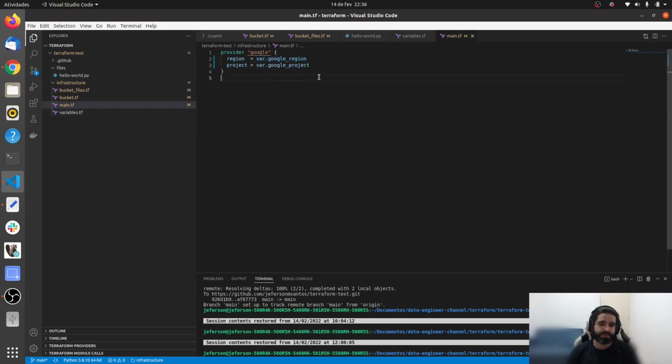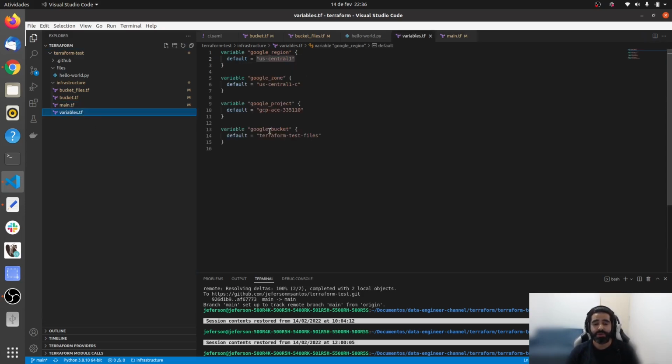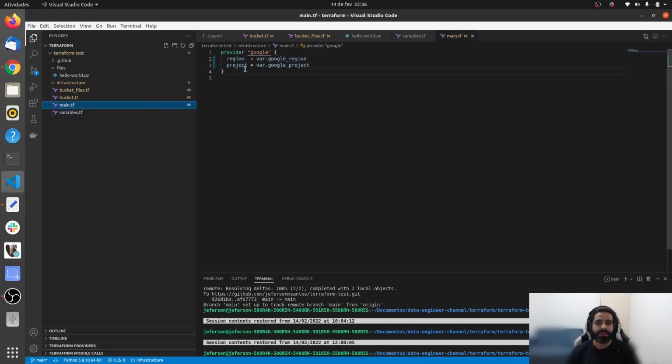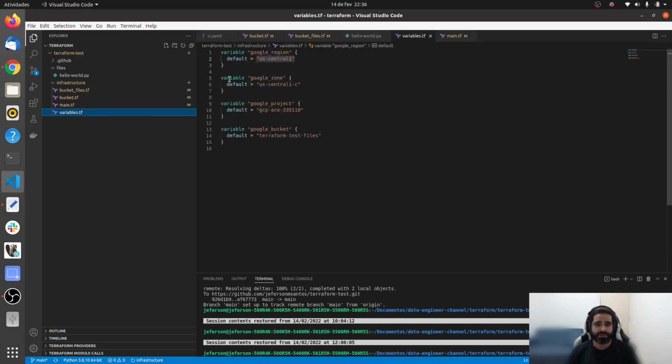And then it's very useful when we start to have, for example, lots of files which go to the same bucket, and lots of files that use lots of resources that use the same region. If for one reason in the future you need to change it, change the name of a bucket, change the name of the project or the region, you can just change the name of your variable. So here we are using the Google region and your Google project name,